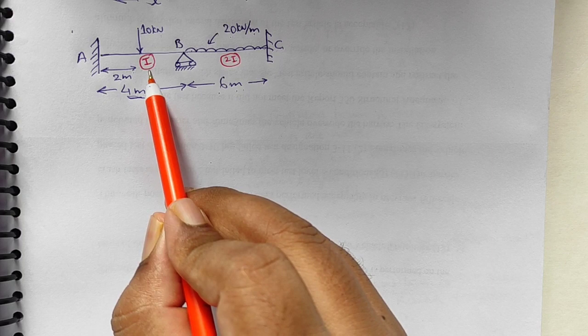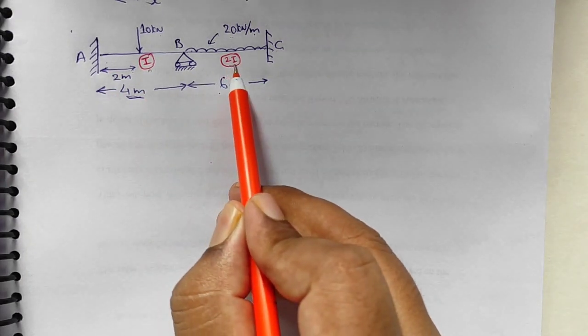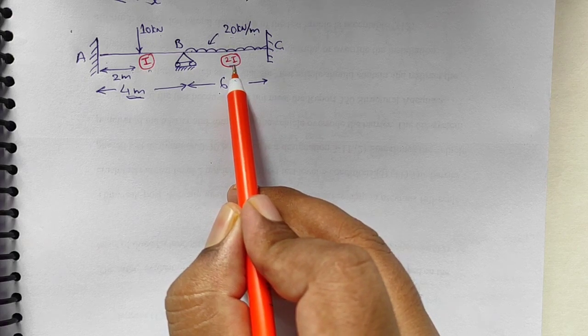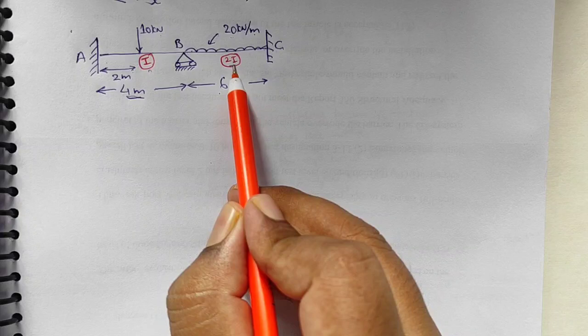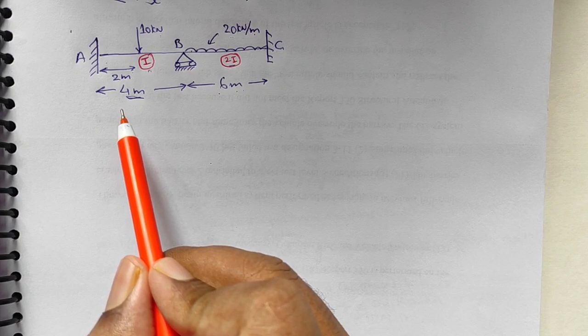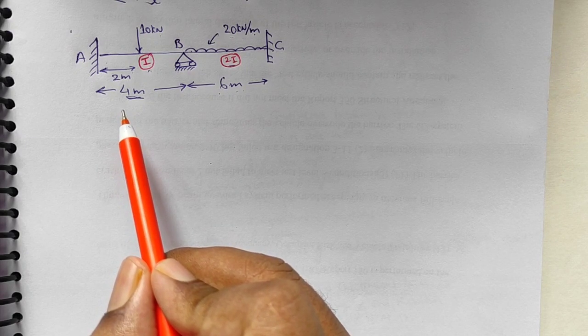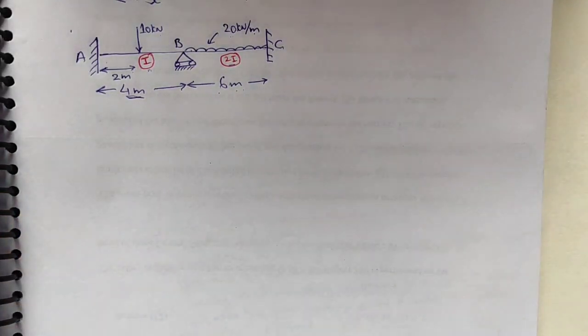As I can see here, the moment of inertia of the first beam is given as I and the second beam BC as 2I, and our question is to draw the bending moment diagram for the given beam using the slope deflection equation. So as we have studied in the previous video the various steps to solve a numerical of slope deflection equation, in the first step we'll find out the fixed end moments.